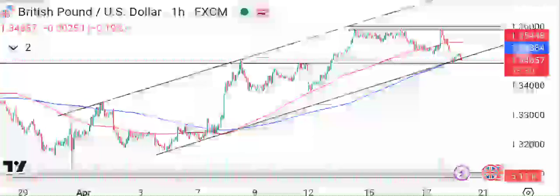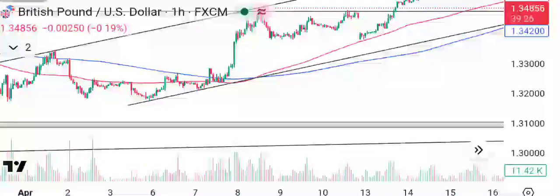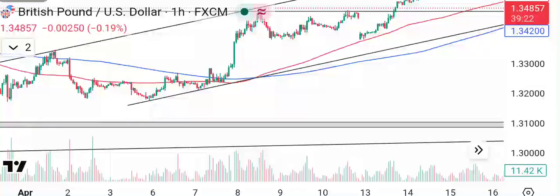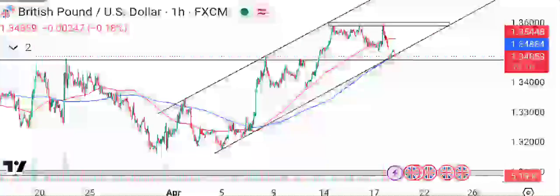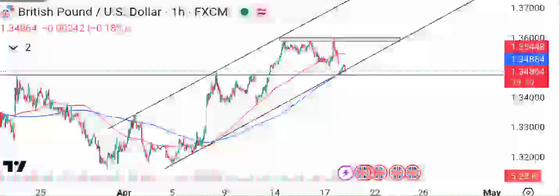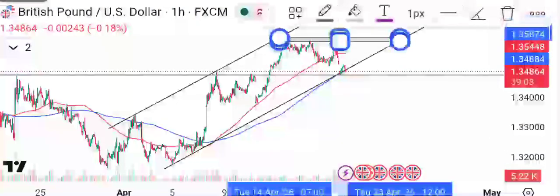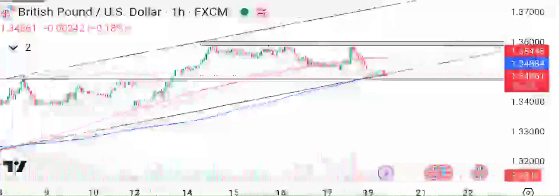So we had a touch here, first touch, as you can see, a double bottom here. There was a change of character. We had the first touch here, a second touch here. On the second touch, you can see that price took out this resistance and changed character. We had a higher low here, a higher high, and we have a resistance zone here, which has not been taken out. So now we can see we have